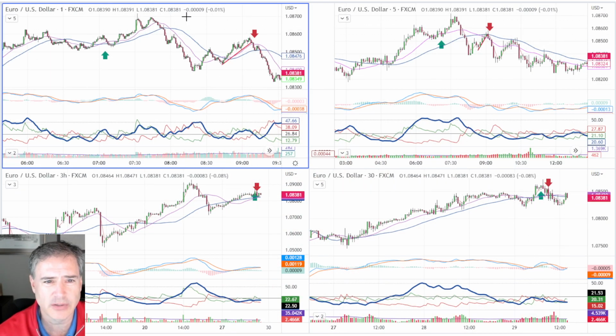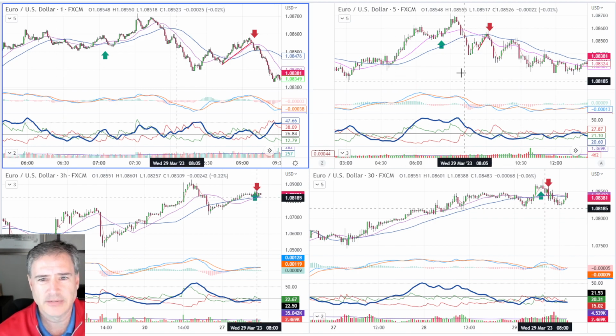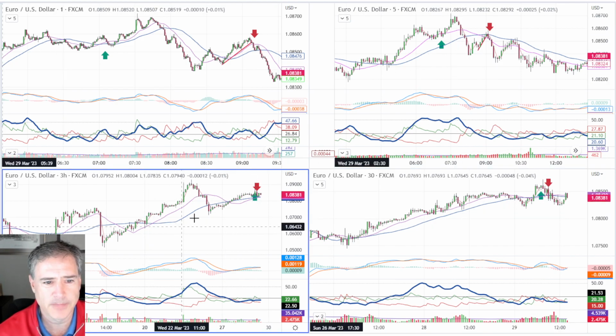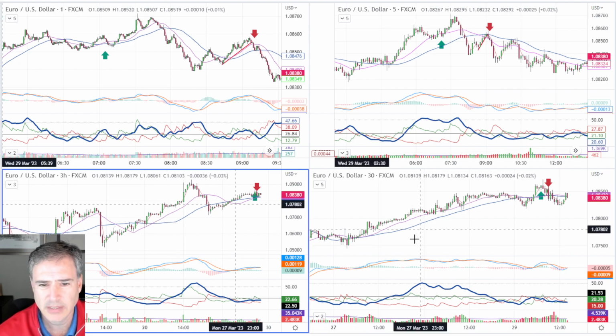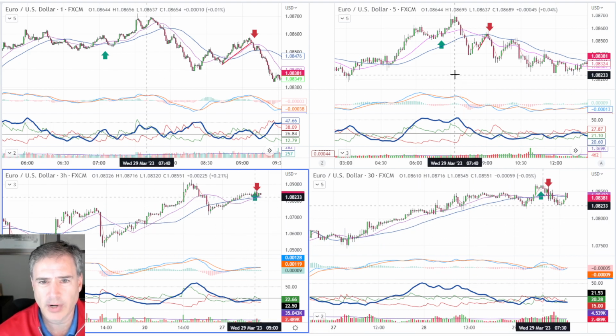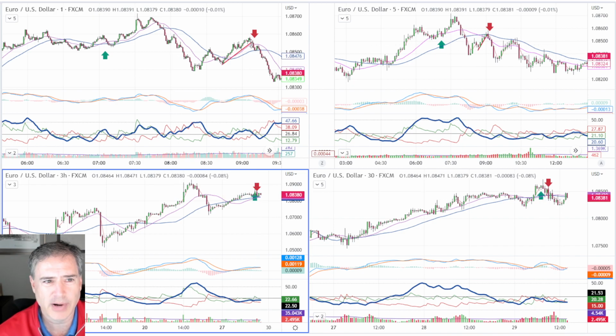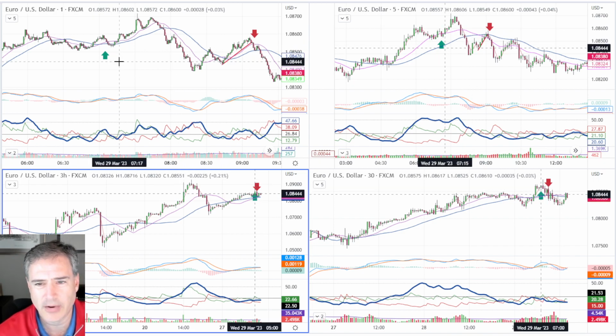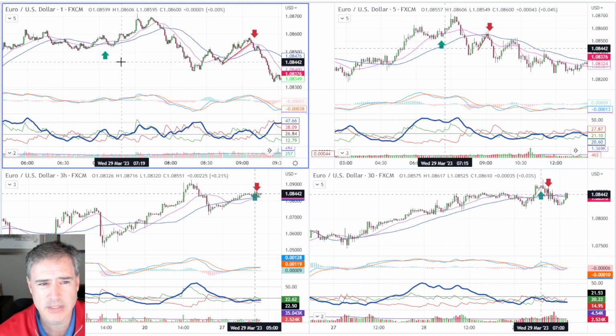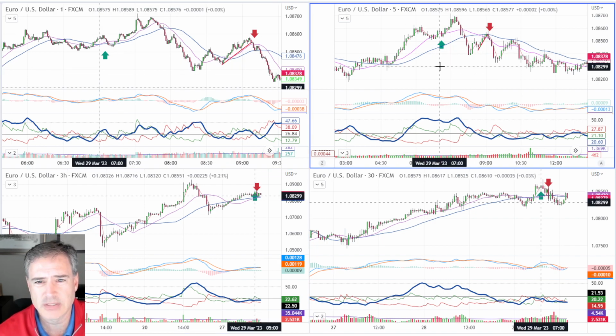So I've got a buy signal and a sell signal that took place. Now I've got a 3 hour on the bottom left, a 30-minute in the bottom right, a 5-minute in the upper right, and then a 1 minute in the upper left. Now, for those of you who are stock traders, there's still some things you're going to learn from this. So don't think that this is not for you,